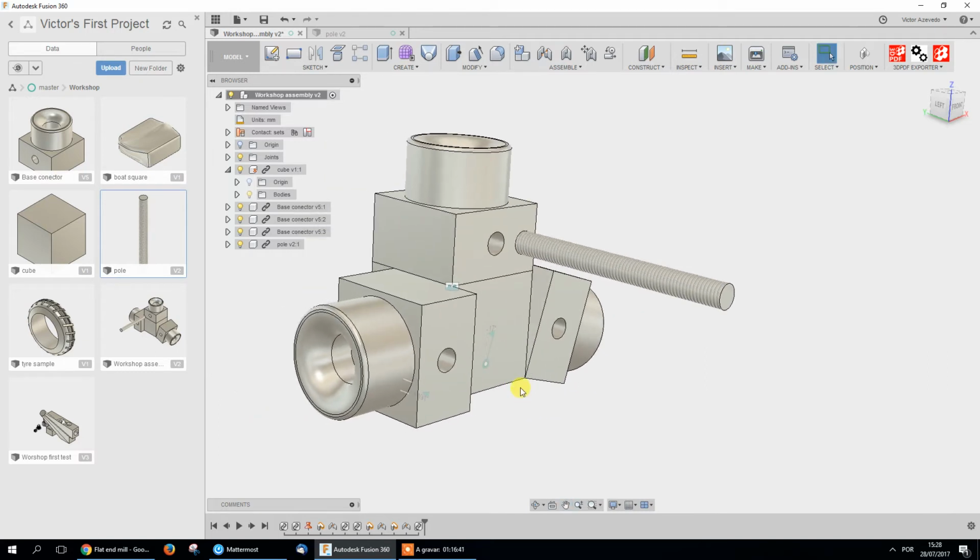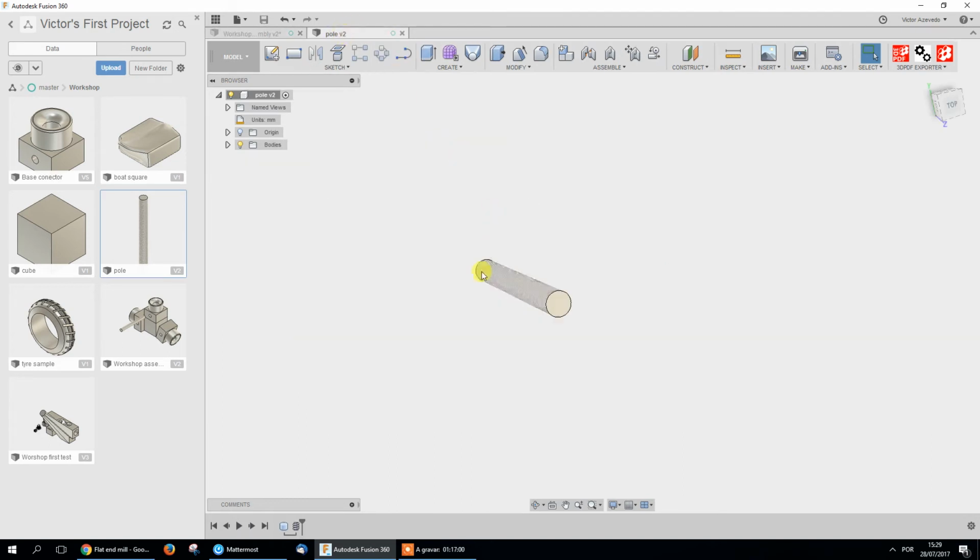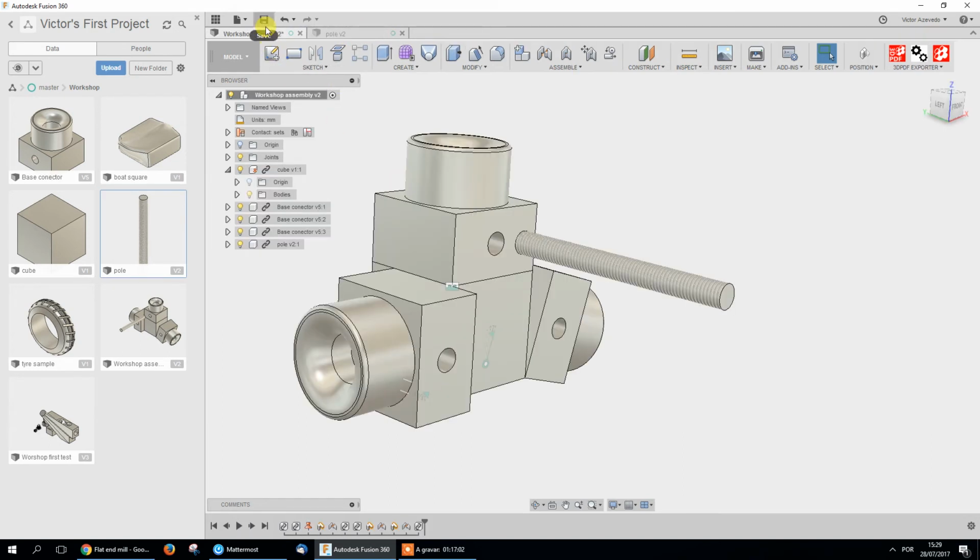How do you update the component? I already changed the form, but it's not updating in my new design. You didn't save the file. Yes, you saved the pole file, it will make the thread. When you go back, it has to give you the warning. Yes, it gives me one, but I cannot change it